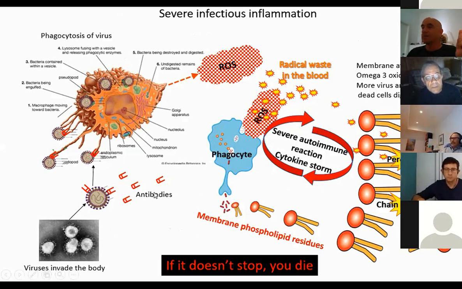You have antibodies, assuming you have antibodies in your blood, and later we will see that one of the problems of COVID-19 is that nobody has antibodies, and it takes up to 48 hours to prepare the first antibodies. But let's say you have antibodies. The antibodies lock on special receptors on the virus, and they act as a signal for the phagocytes. The phagocytes have long arms, and they latch on to the antibodies, and they start pulling in and actually digesting the viruses.